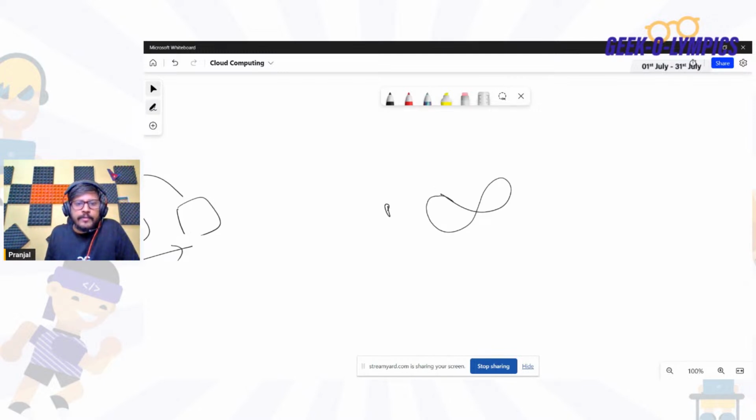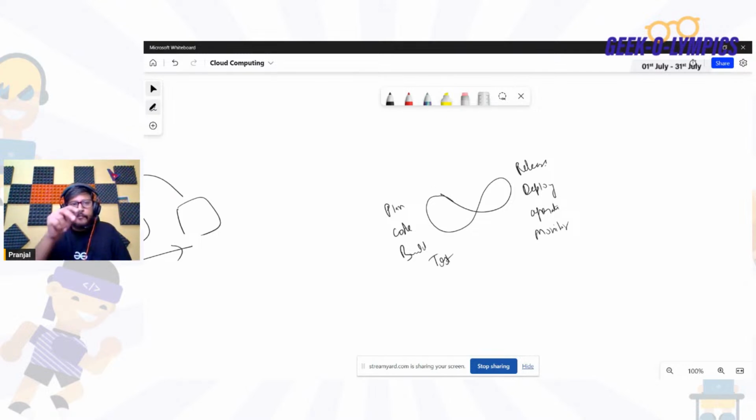Starting with planning, to code, then build, then test, then release, then deploy, then operate, then monitor. All those things are part of this DevOps pipeline, and it is infinity, which means it will happen continuously. From planning to coding, building, test, release, deploy, operate and monitor, it happens continuously.